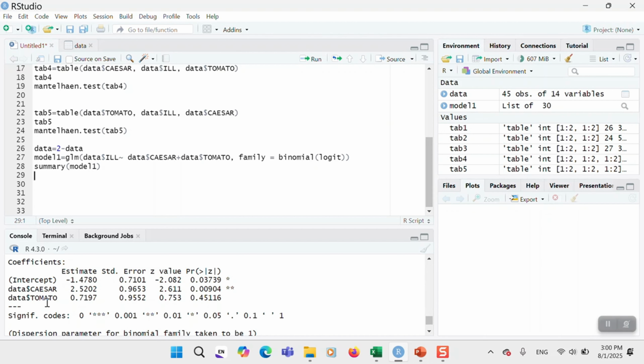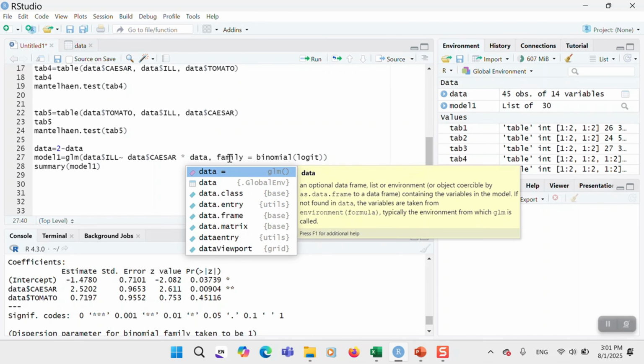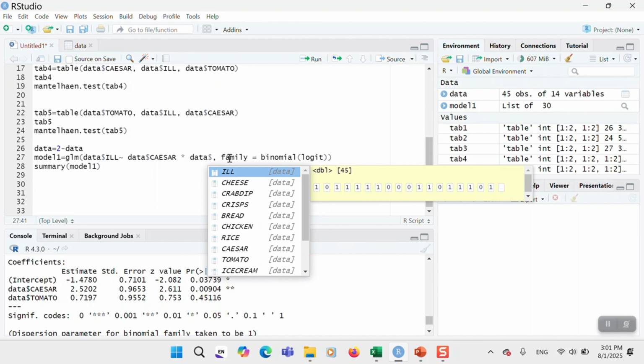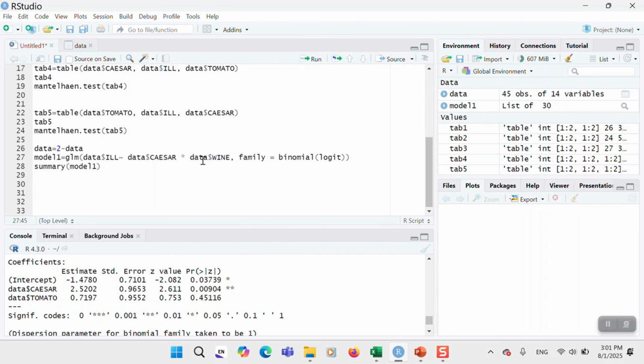But how about testing the interaction? For example, I would like to test the interaction between Caesar and wine. In order to do that, let's remove this one. We use multiplication. So I would like to test the interaction or effect modification between this one and wine. Okay, so just Caesar times wine. And if I run this line of code